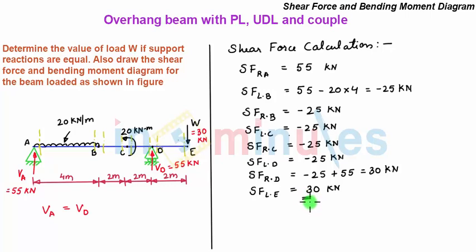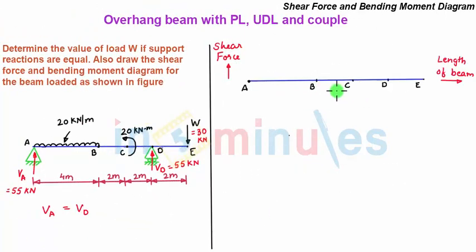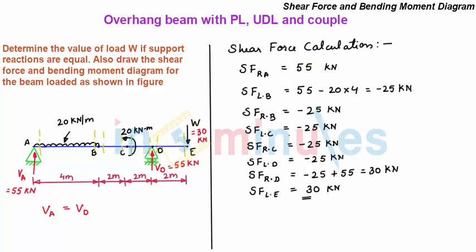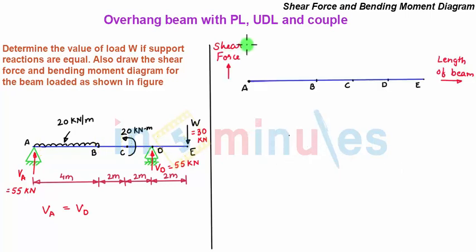Now we plot the shear force variation diagram or shear force diagram. So here we have the zero line of shear force diagram. Positive shear force will be above the line, negative shear force will be below the line. On the x-axis we have length of beam and we have all the salient points of given distances plotted on this zero line. Now the shear force to the right of A is 55 kilonewton. So we plot a positive 55 kilonewton value of shear force above point A by taking suitable scale. Now let me connect this point with point A by a vertical line.